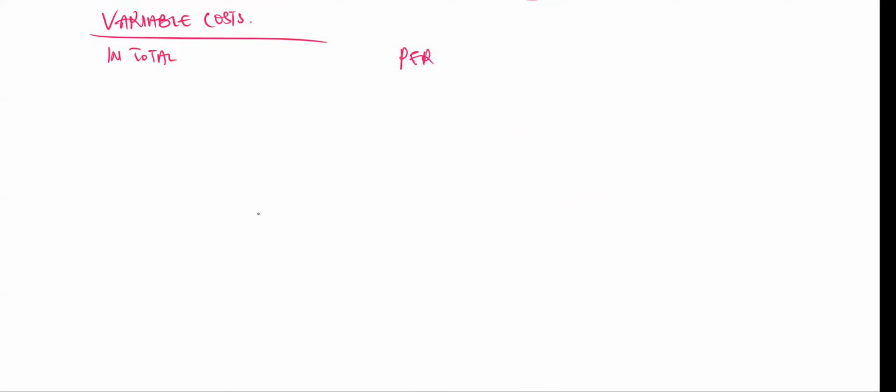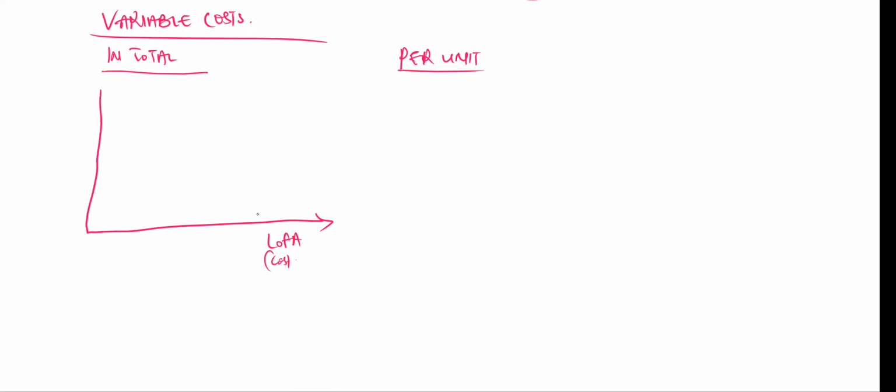Very important. Now, let's understand this. In total, variable costs vary with the level of production, or your level of activity. So here is the units produced, or the level of activity, the number of units, and here is the money, Ghana cedi. So if I go and buy 1 liter of petrol,